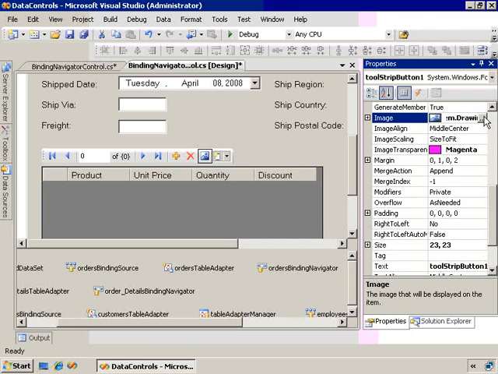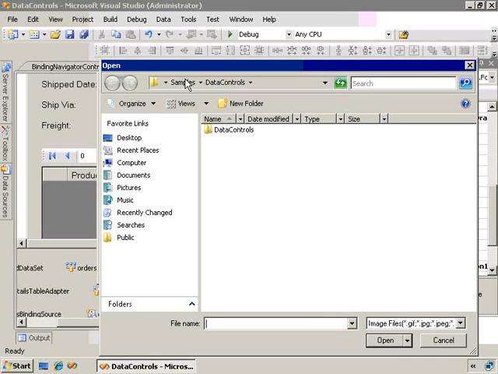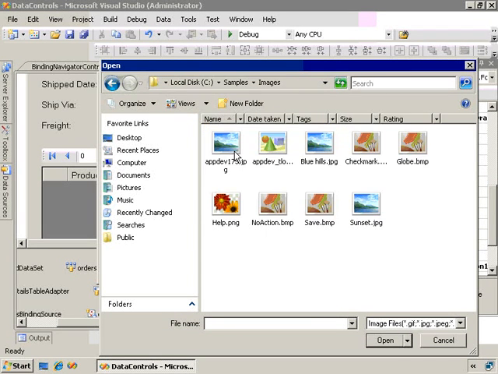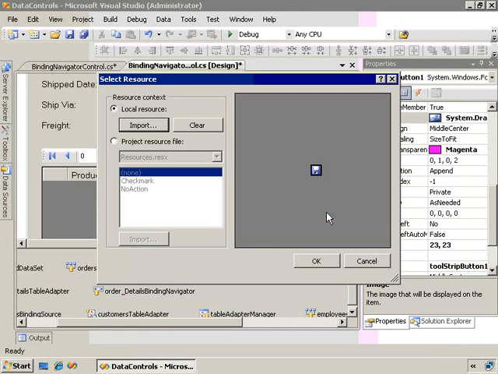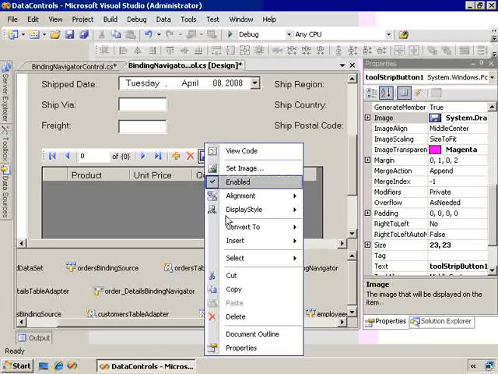Then I could go get an image of a Save button, and I actually have one. So I'll navigate out to the Images folder, select Save, and then I could give this a name and write the code that would save order detail records. But I don't have to do that here,